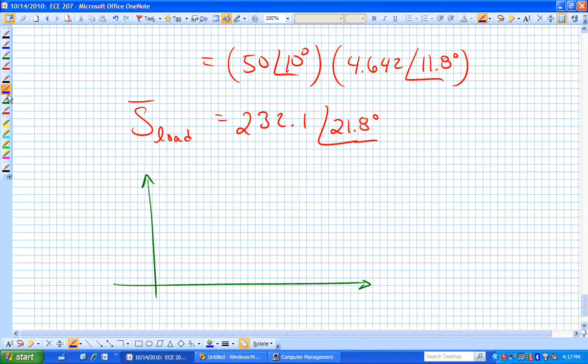What we so far have determined is an angle of 21.8 degrees and a length of 232.1. That's actually our apparent power. Question? So the complex power,